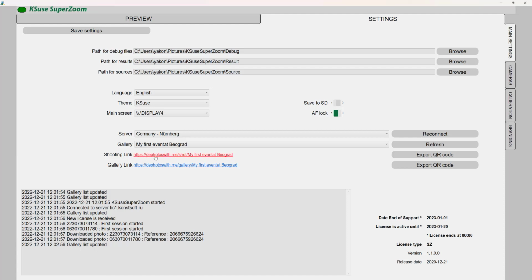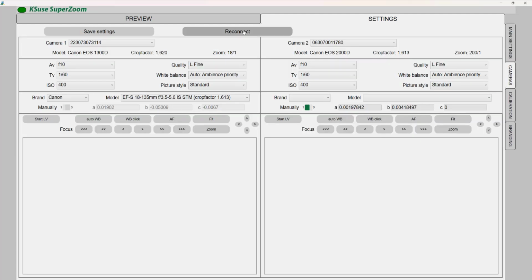Here we see the link on which we will be shooting. And by this link we will see our entire gallery. Go to camera settings. As the first camera, we must select the camera on which we will shoot the panorama. The second camera will be the camera that takes selfies.